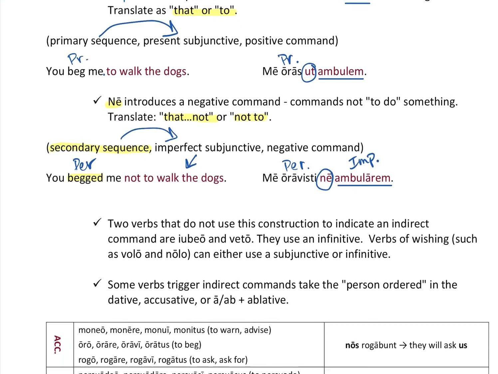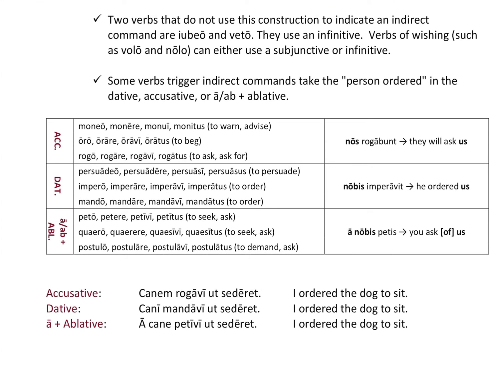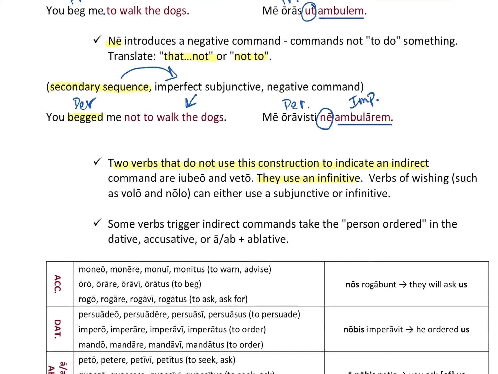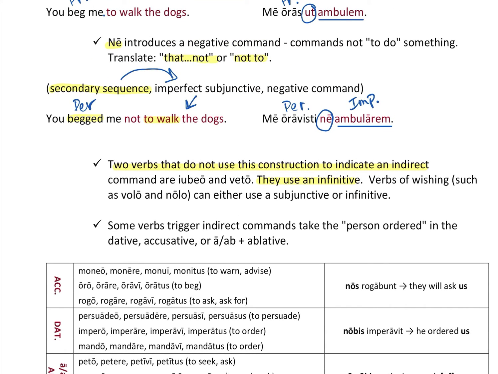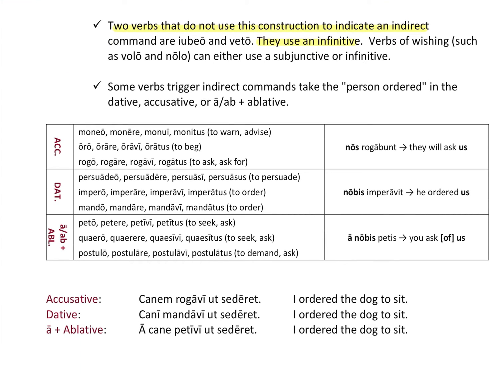All right. So two verbs that don't use this construction to indicate a direct command are iubeo and veto. They use an infinitive. Okay, so you just need to remember that. That is in your chart book when you're working on this. They use an infinitive. See how we use the infinitive in English, and we do not. This is not an infinitive in Latin. In English, we do. Verbs of wishing, such as volo and nolo, can either use a subjunctive or an infinitive. And some verbs trigger indirect commands that take the person ordered in the dative, accusative, or a or ab plus